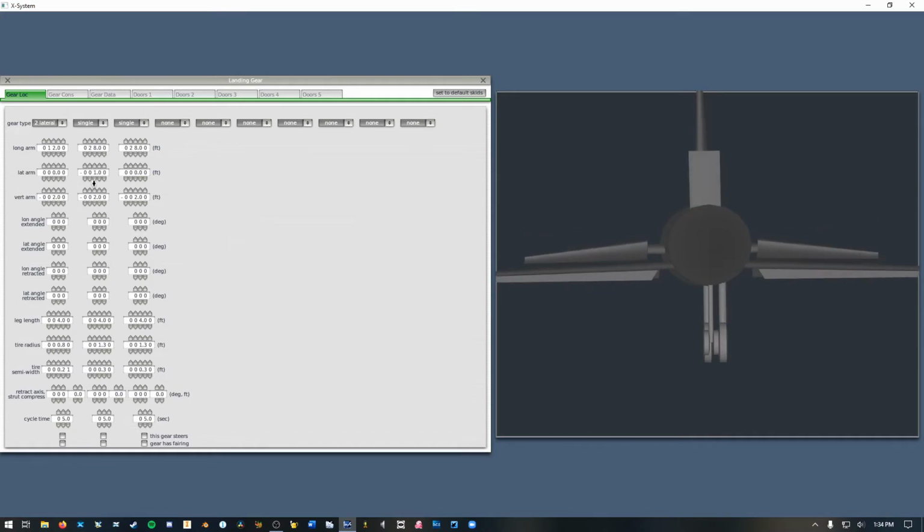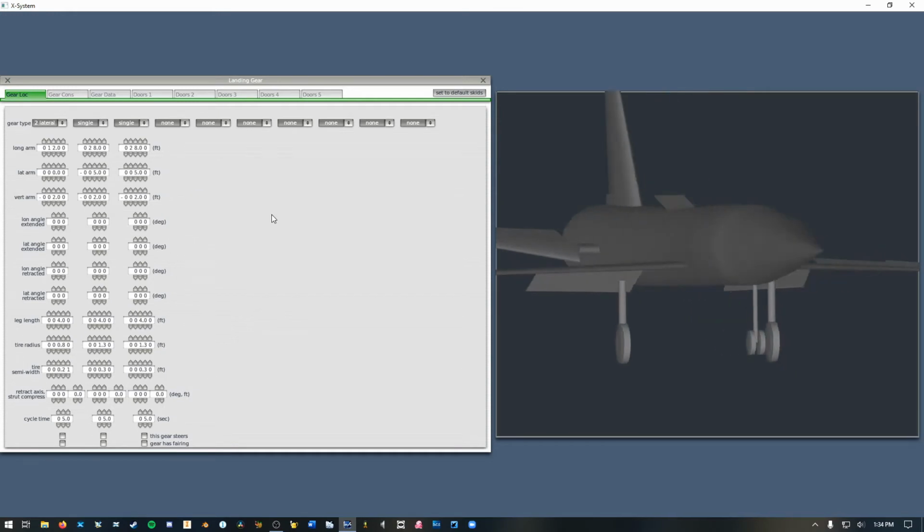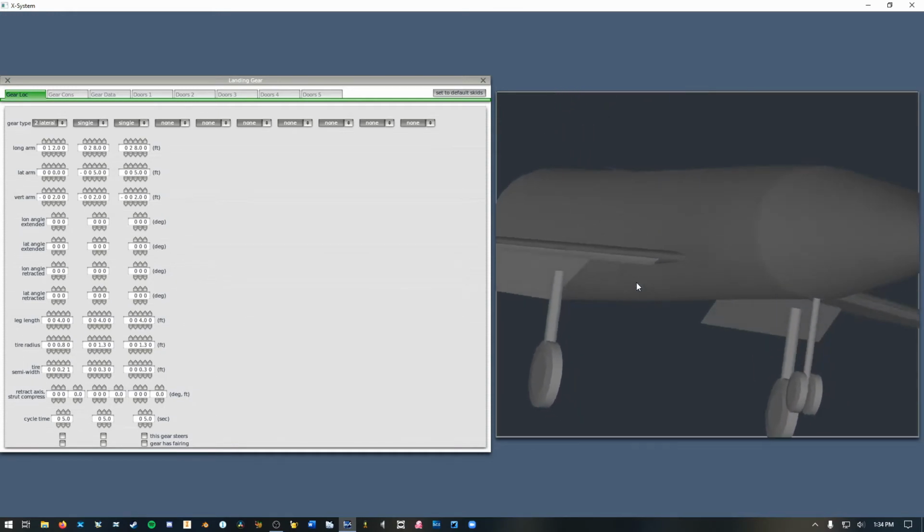So I'm going to make this one be on the left. I will move it out, let's say 6 feet. No, 5 feet. Then I'll do the same to the other one, giving it a positive value. And now this part is